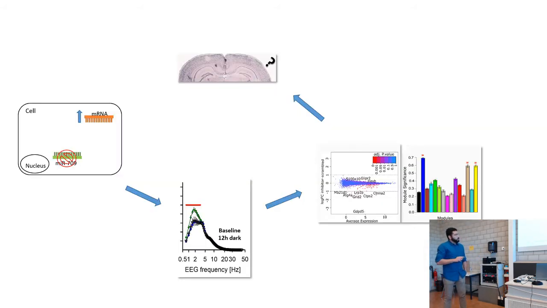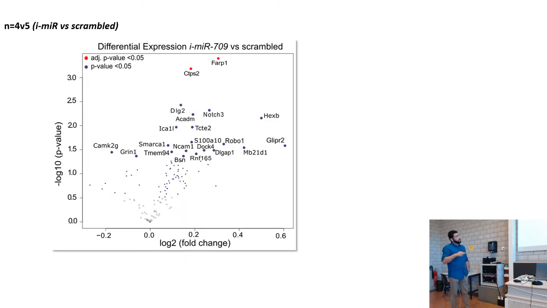Now, okay, at this point, we had a phenotype, certain genes to suggest and certain pathways as a mechanism, but we wanted to see how these genes behaved in the cortices from the actual in vivo experiments. So what we did is take the cortices from the in vivo experiments and run a nanostring assay, which is another technique to assess gene expression.